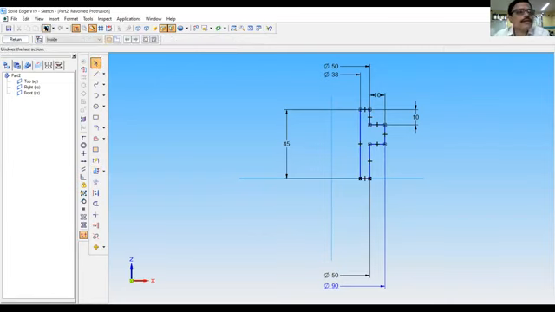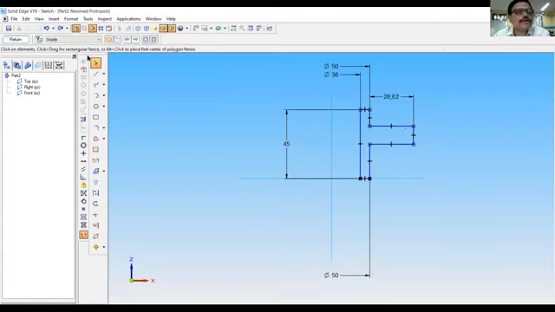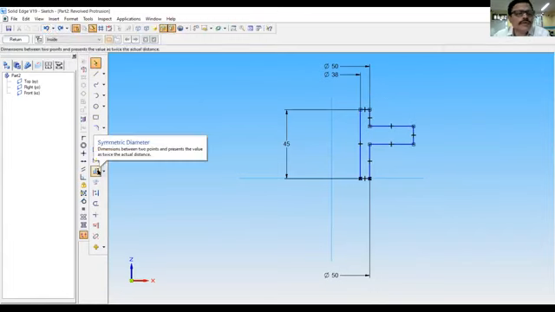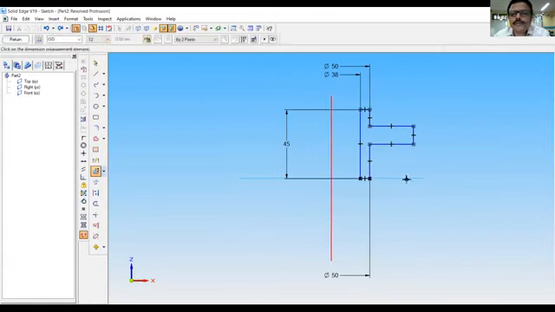I think we should not fix this. So nothing to worry. Go to symmetric diameter from here to here. It is 90.